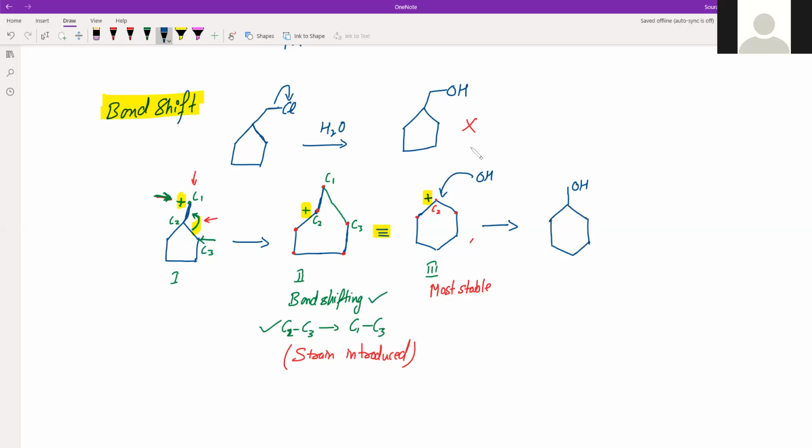Now, alicyclic is aliphatic as well as cyclic. Aliphatic means it's not aromatic, it is aliphatic having a cycle. So these are alicyclic compounds, or alicyclic hydrocarbons, commonly used in organic chemistry. So these general cases of rearrangements of cyclic carbocations, you should remember the different cases of the rearrangements of these cyclic carbocations. So it is better to remember them.